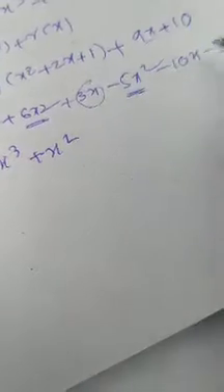Now simplify. 3x cube, only one term is there, write as 3x cube. Now x square terms, two terms exist. 6x square minus 5x square becomes plus x square. Next x terms, 3x minus 10x plus 9x. Three terms exist. 3x plus 9x, 12x minus 10x, it becomes 2x. Constants, minus 5 plus 10, only two exist. Minus 5 plus 10 becomes plus 5.